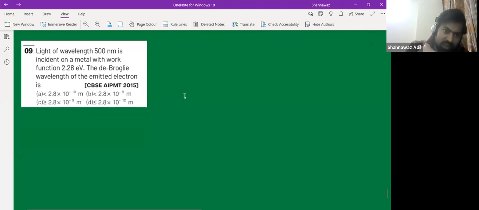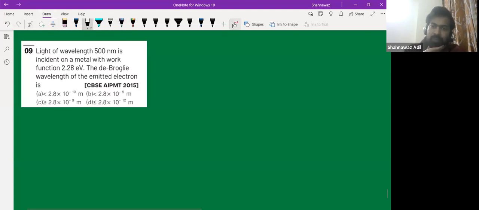So this is a different kind of question. The de Broglie wavelength of the emitted electron is asked. Light of wavelength 500 nanometer is given. So the idea is this: we know that KE max,